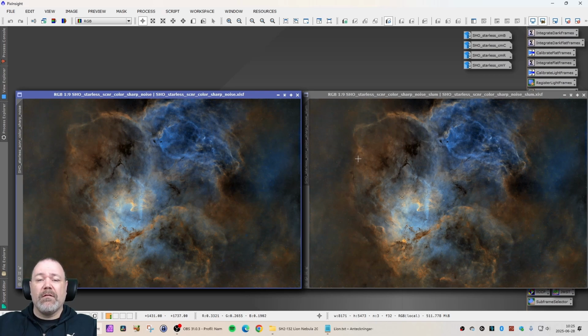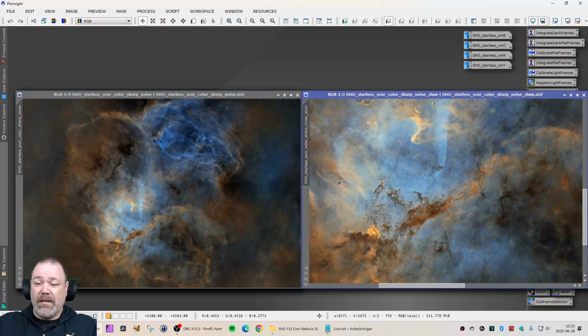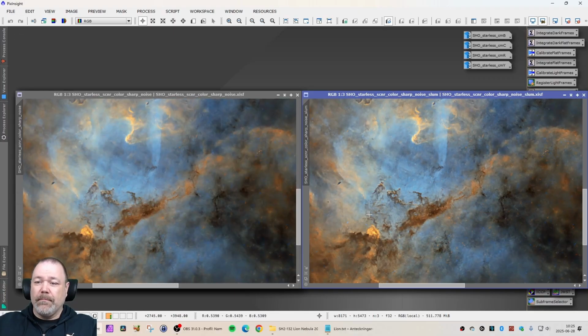And on the synthetic luminance, I add things like local histogram transformation and some extra sharpening, and that really makes a difference. If we look at this area again here and compare it to the last one, you can see